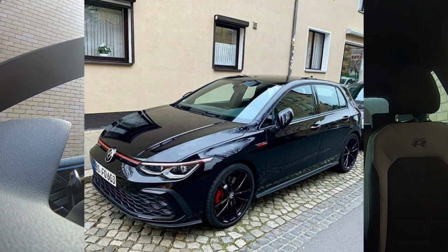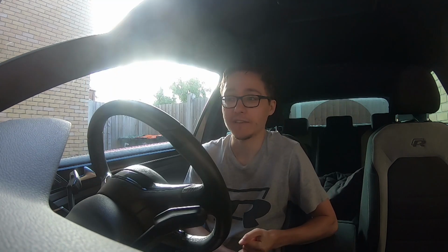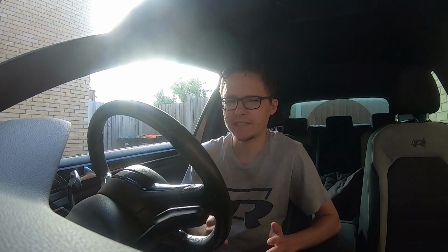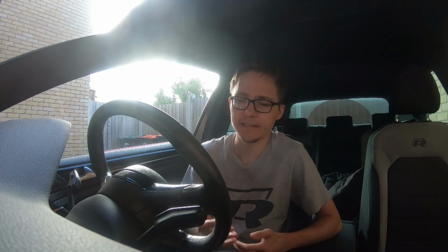So yes, the Mk8 Golf GTI, we know a lot more about it now in comparison to the Mk8 Golf R. It's soon to be released. We're likely to see it more this year. We've seen road tests of it, so information about it is more readily out there. Whereas the Golf R, there's still a few question marks, potentially a little bit about power, and a bit around price as well. But we're nearly there. We're nearly building a full picture, and once we get that full picture, I'll obviously share it on this channel as I normally do. So going through a list of the positives of the Mk8 Golf GTI over the R,